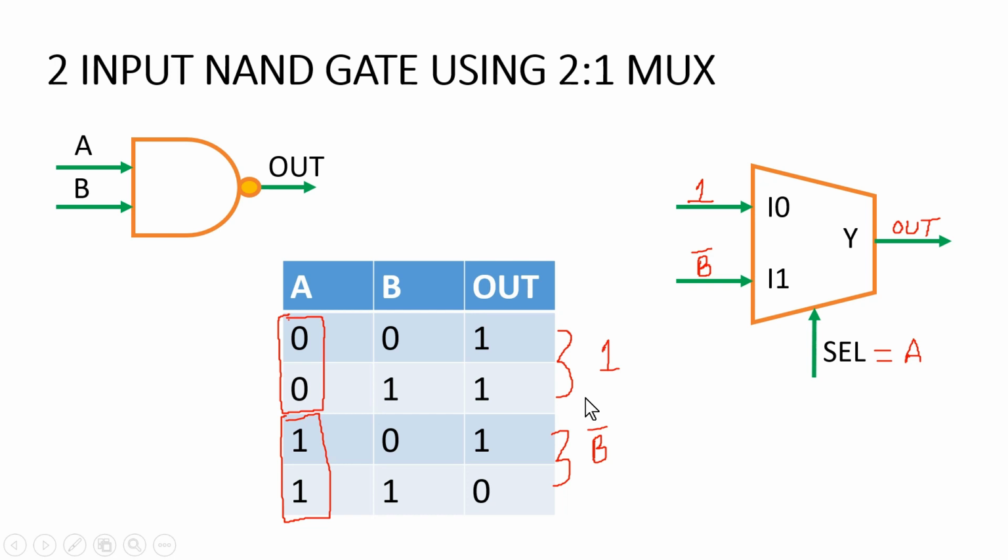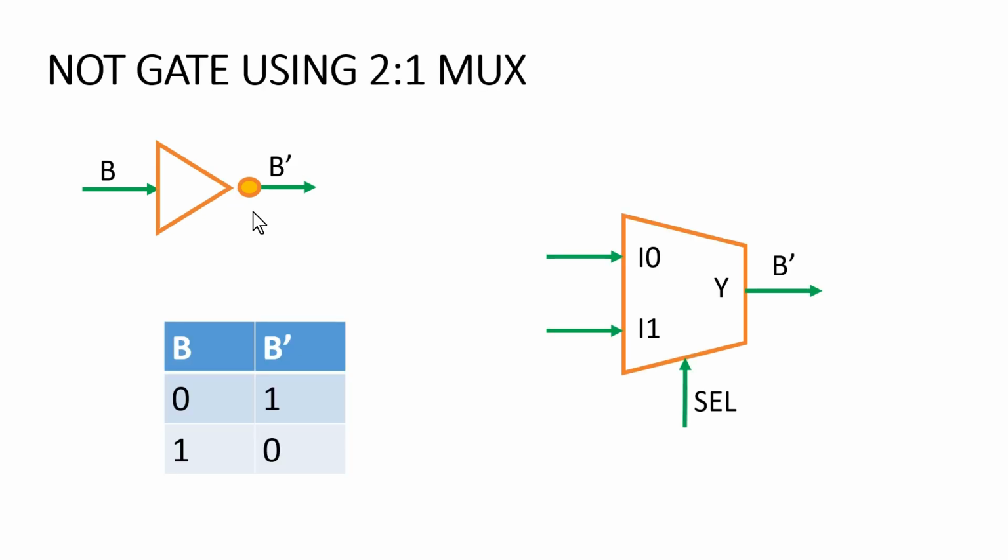Friends, this is how we implement any two input combination logic with the help of a 2:1 multiplexer. One more thing I want to mention here: how will we implement B bar? Because if we have only a 2:1 multiplexer available, even a NOT gate is not available, so how will we implement B bar with the help of a 2:1 multiplexer? Let me tell you. Friends, now I will tell you how we will implement this NOT gate with the help of this 2:1 multiplexer. And in the same way, you can implement any combination logic having one input.